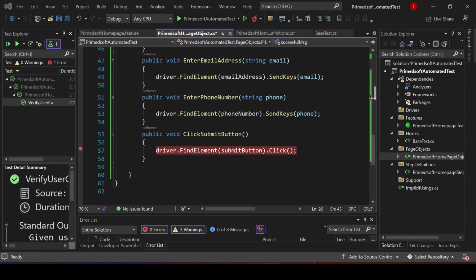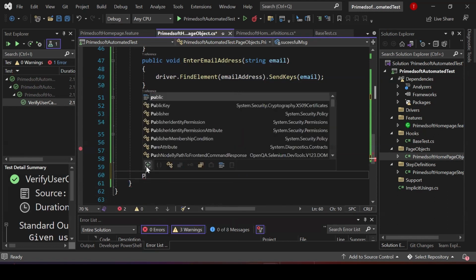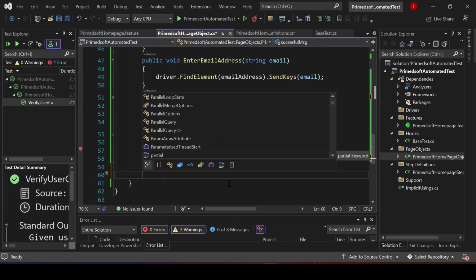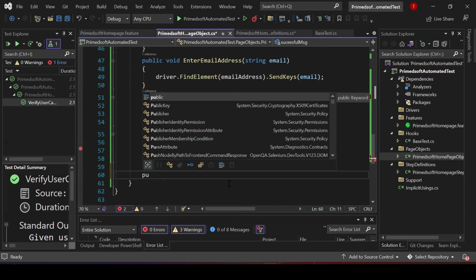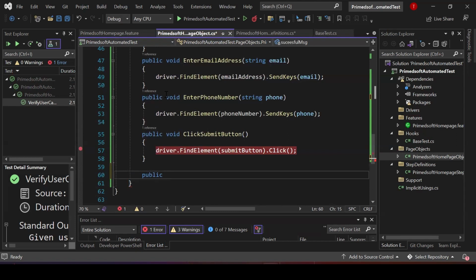So let's write a method that we can say public. Because it's an assertion, we are expected to return something. We are not going to use void. So with public bool,